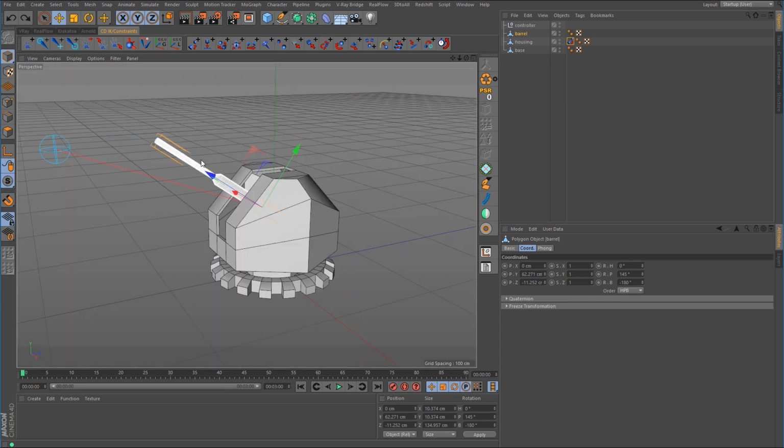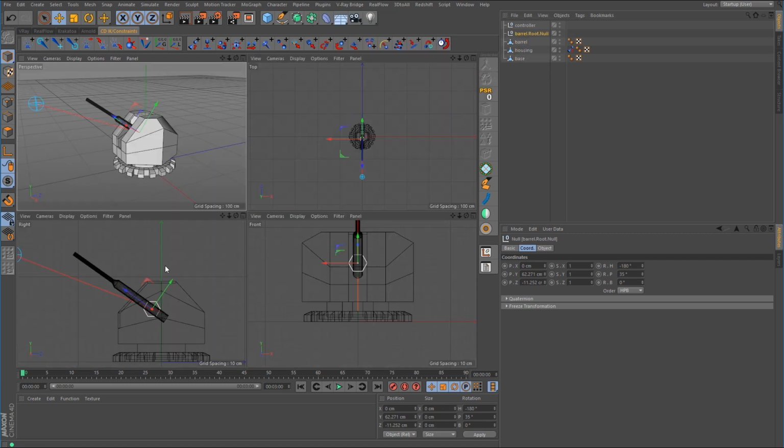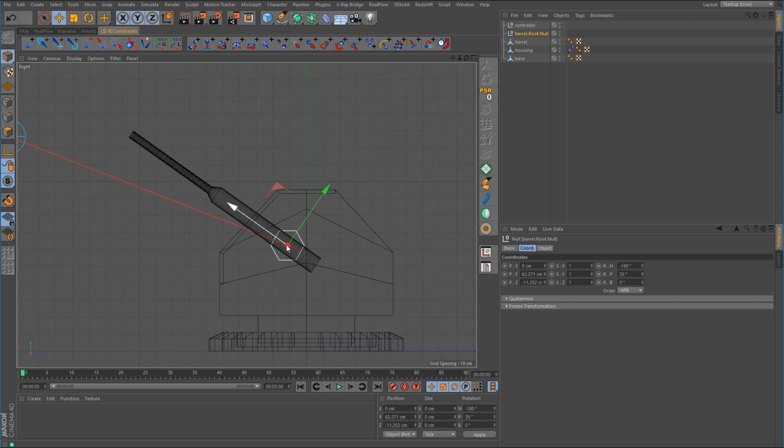So what we could do is use the Add Root Null in the CDIK tools. What that does is it places a null object at the axis point of the object that you have selected. So if you don't have yours docked in a palette, you can just make sure your object is selected and go to Plugins, CD Tools, CDIK, and then click on Add Root Null. What that does is it places a null object at the axis point of the object that you had selected. So I'm going to take that root null and just push it up in the Y-axis. That's going to be the up vector. So we can actually rename this to